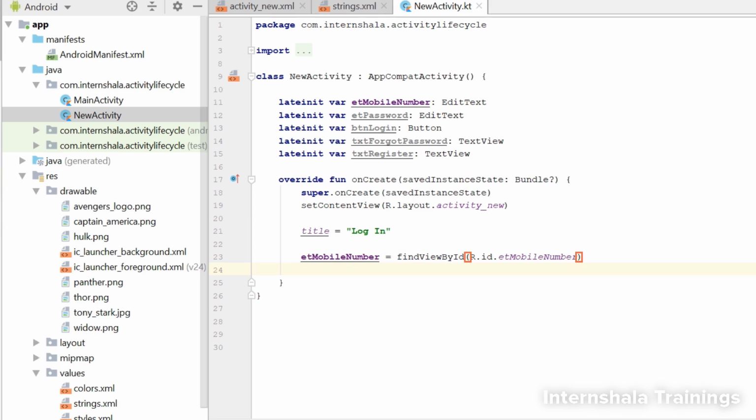Now inside the brackets here, we will mention the ID of the view we want to connect. You remember how we used IDs for pictures when we were creating our layout files? We used the R folder, right? We'll do the same here. So this time we will write R.id and then the ID of the view. We have initialized the variable here. Now let's do the same for all the other variables.